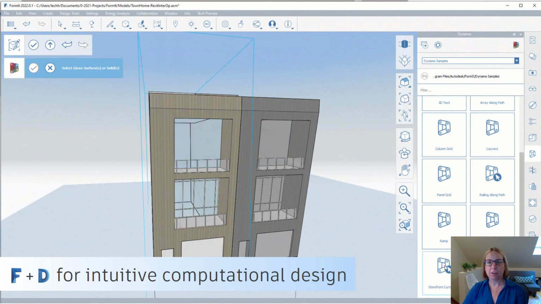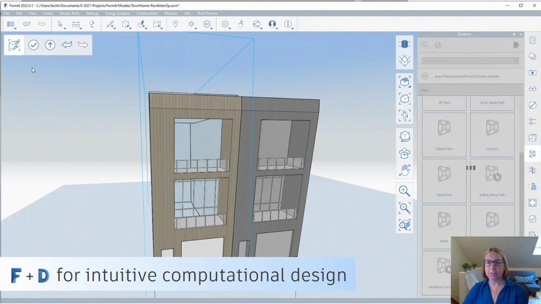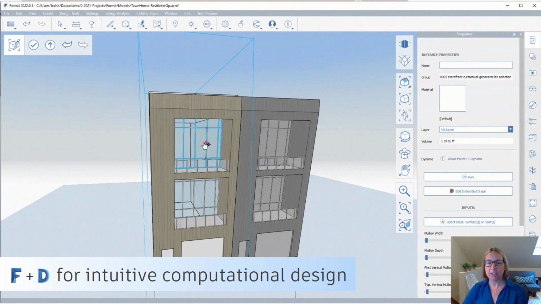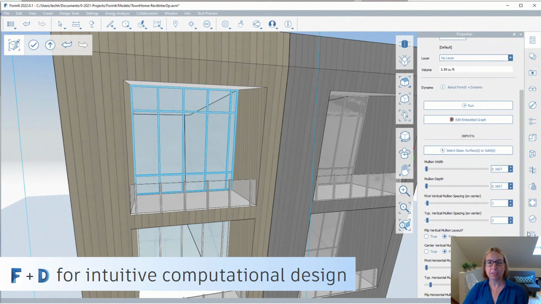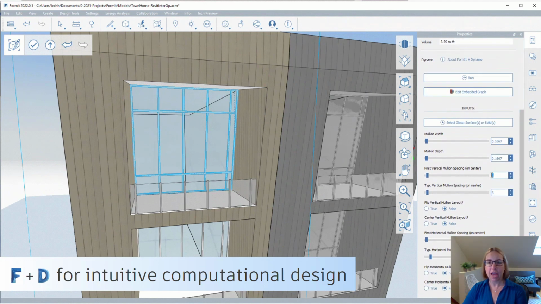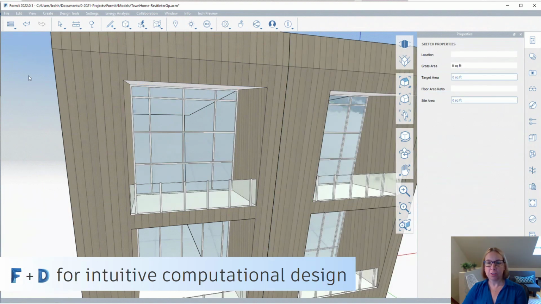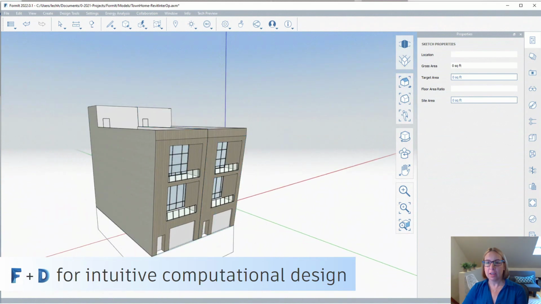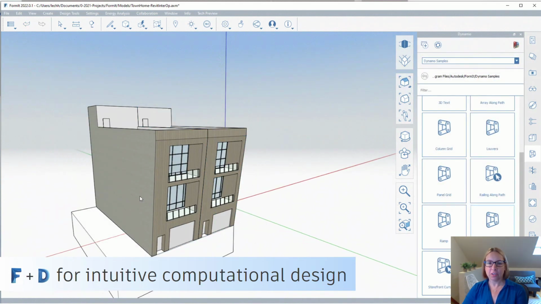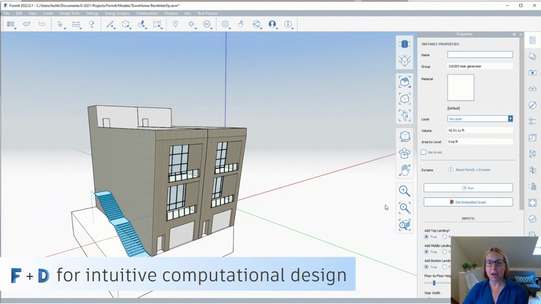You can run a graph by placing it in the model, then selecting the resulting geometry and adjusting parameters that are already set up in the Dynamo graph. Edit the parameters, then click Run to generate the new design. One out-of-the-box sample generates a curtain system for quick layouts of glazing on the facade. Adjust the width, the vertical and horizontal mullion spacing, and starting location to start to indicate glazing patterns on your